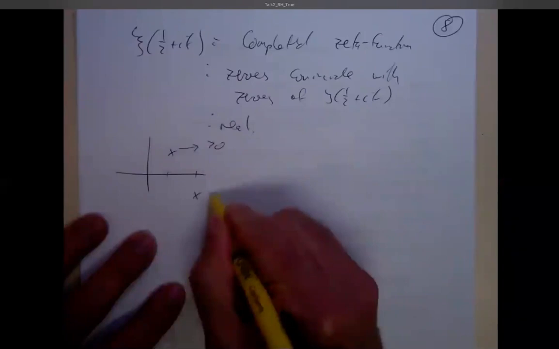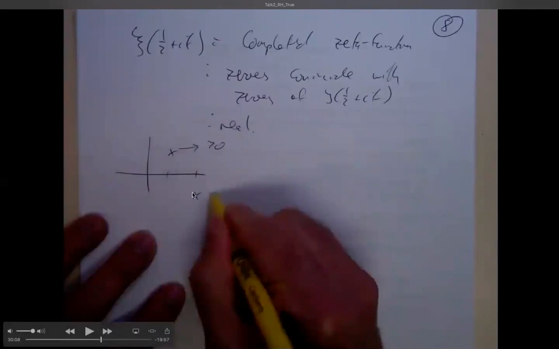So what you do is you convert the zeta function into what sometimes people call the completed zeta function. Let's not worry about what that is exactly. The point to take away is that this function has zeros in the exact same positions as the zeros of the zeta function. So we take the zeta function, it's got zeros somewhere, we convert it to a different function which has zeros in the same spot. And you might say, well, what was the point of that? Well, this completed zeta function happens to be real. So if it's real, then it's much, much easier to find where the zeros are.